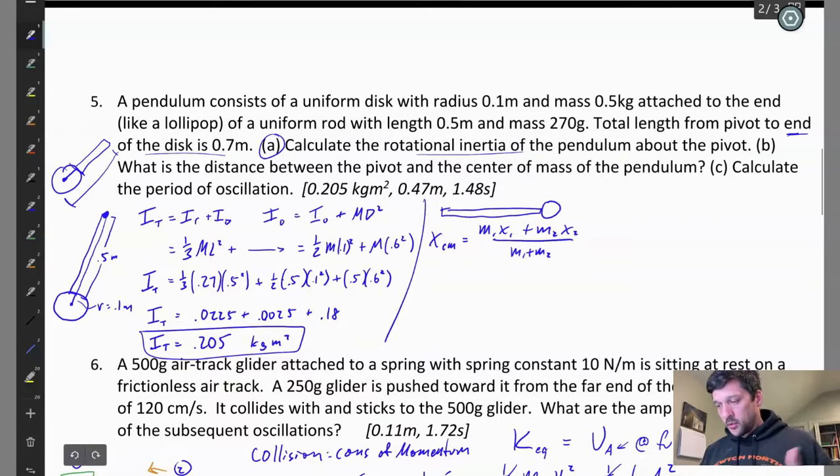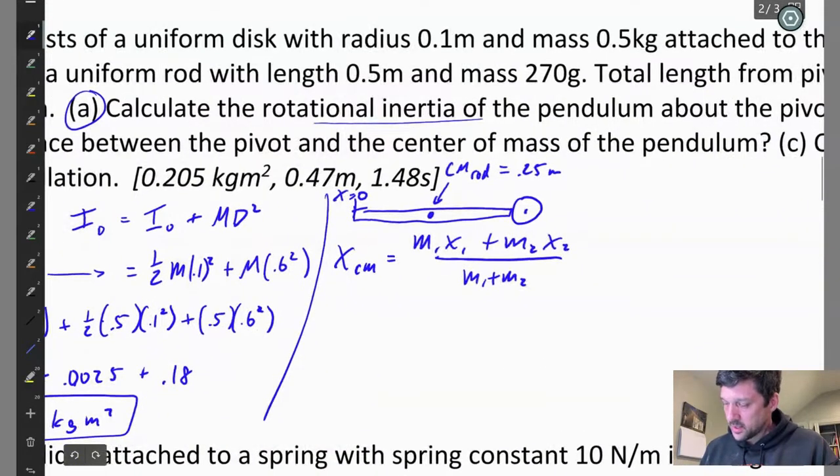So if we continue to treat this as two separate objects, the rod and the disk, we can say that the mass of the rod exists at its own center of mass, which is going to be halfway down the length of the rod, which would be at 0.25 meters. And the center of mass of the disk, again, if we're calling this position 0, is going to be way out here